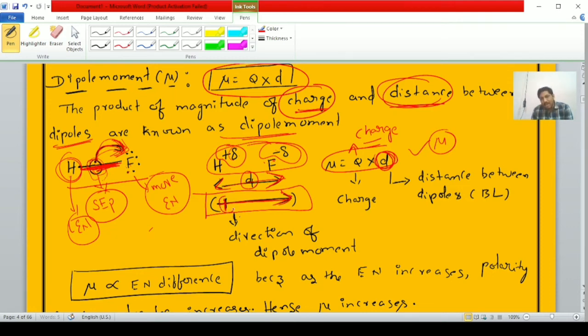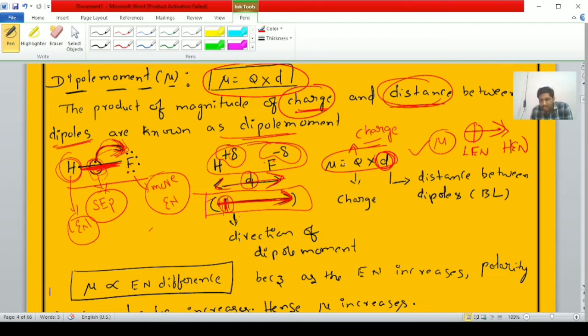The crossed arrow mark, student, just one crossed arrow mark like this. The cross indicates the lowest electronegative element and the arrowhead indicates the highest electronegative element. Always the crossed arrow mark is shifted towards the highest electronegative atom, or shifted from the lowest electronegative atom to the highest electronegative atom. That is from hydrogen to fluorine.